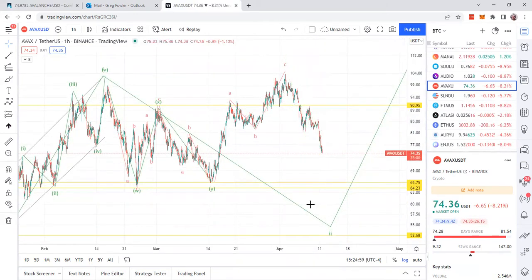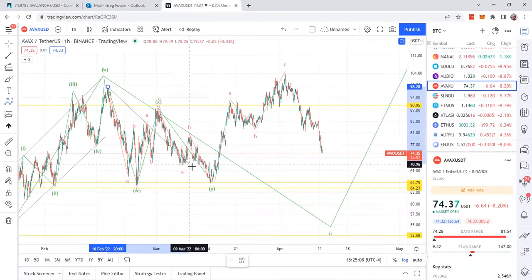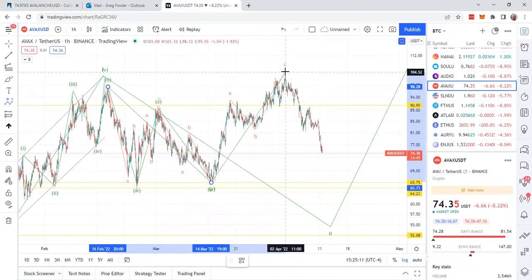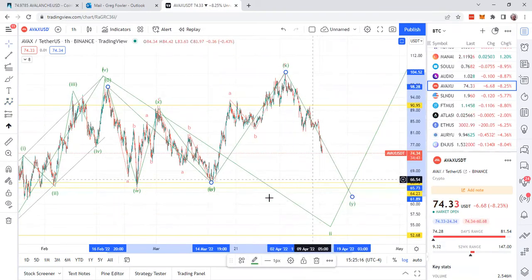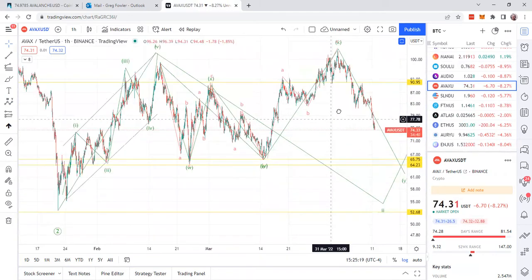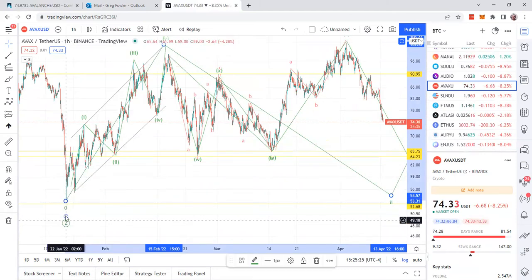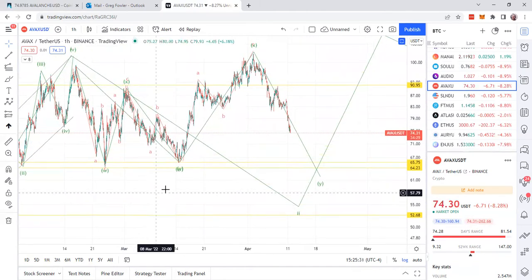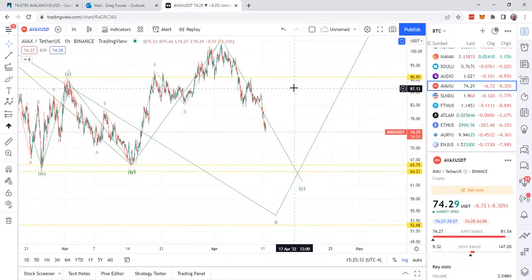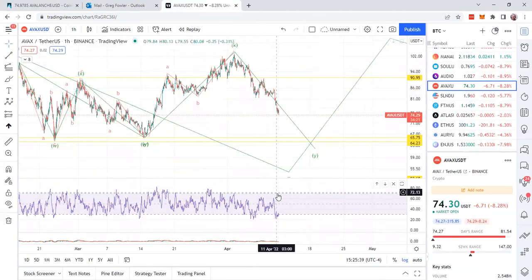Let me get rid of that. This is a W. So this is a lower sequence W. So you have a W from here to there. It went up for an X. Okay, now it's coming down for a Y. So now here's the bottom over here, 2. So yeah, that's it. The 52 is good. So this is going to come down in ABC. This is going to come down in ABC like this.